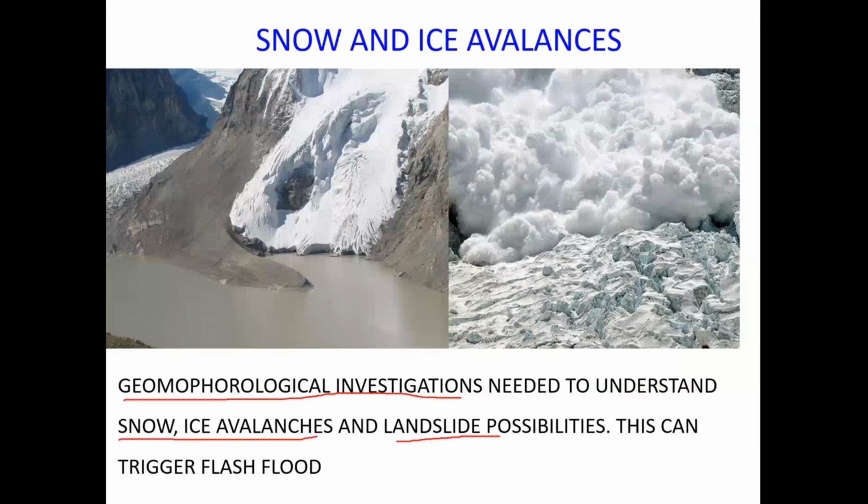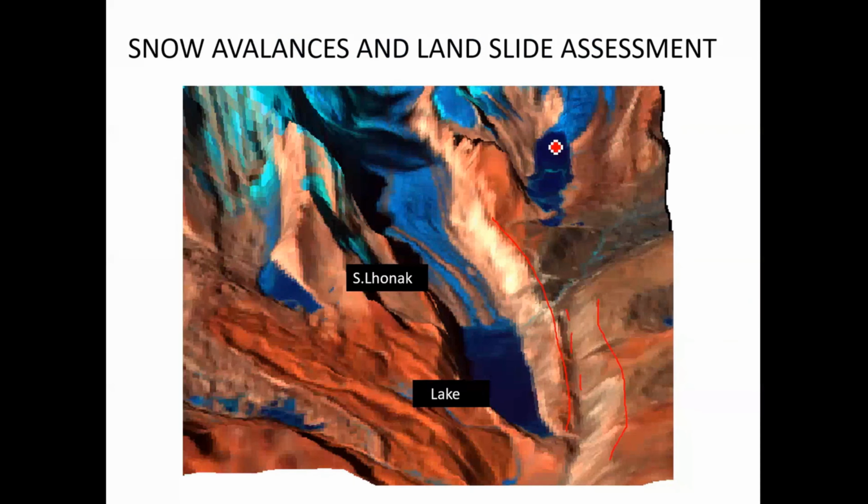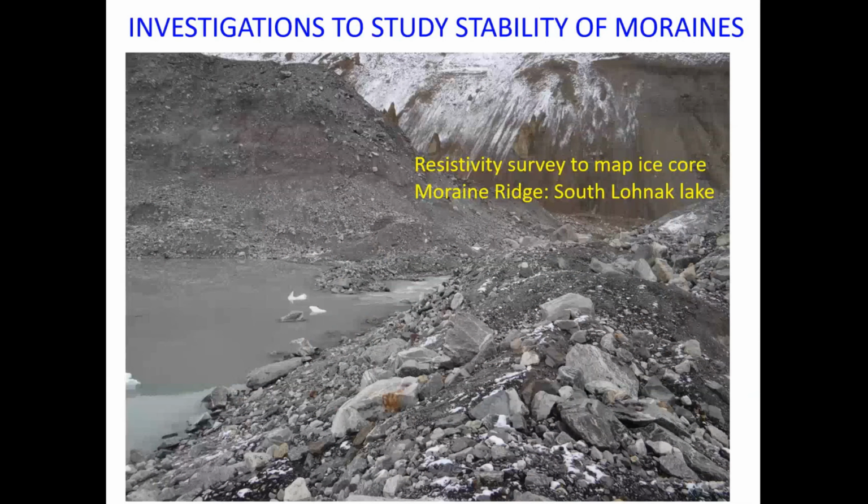So we need to understand what happens to this lake also. So that could be a cascading effect from one glacier lake to another glacial lake. So it is very important for us to understand the geomorphology of the region to assess its potential. In addition to that, we need to understand